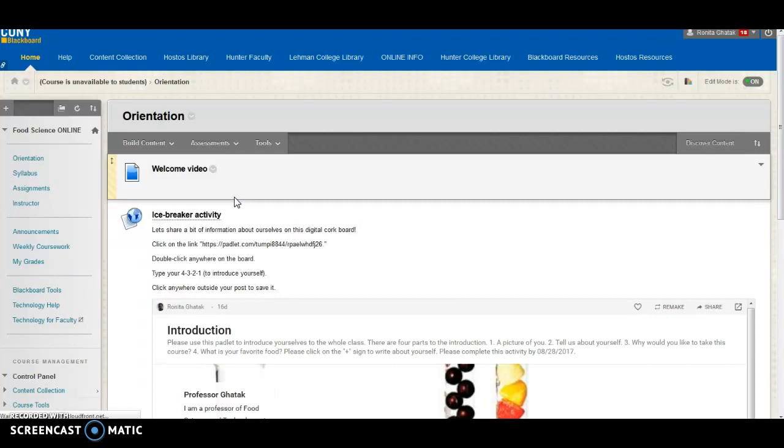Okay, and I have given an activity. It is a fun activity. This activity will not be graded. The main objective of this activity is getting to know each other. So what you will do is click on this particular link. If you click on this link, a